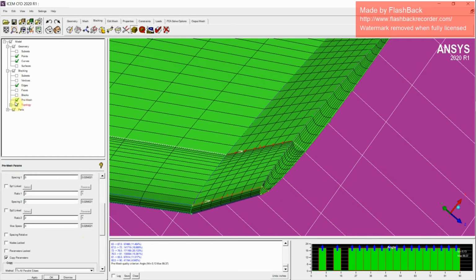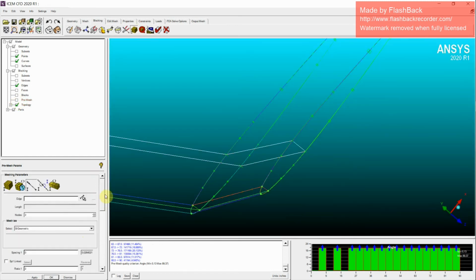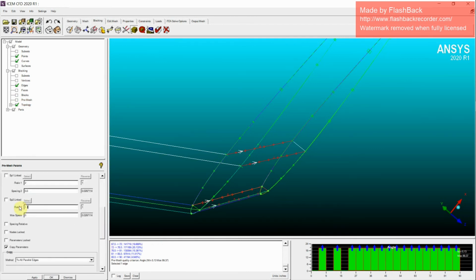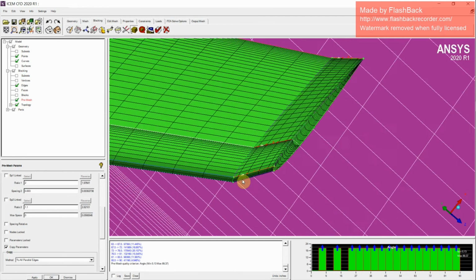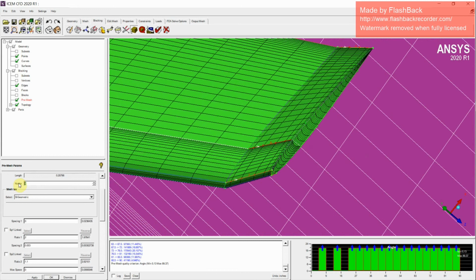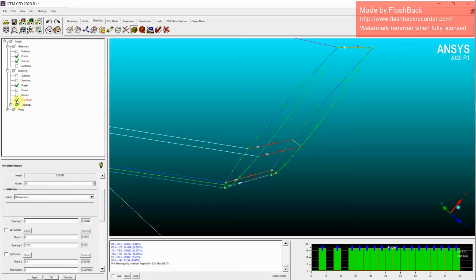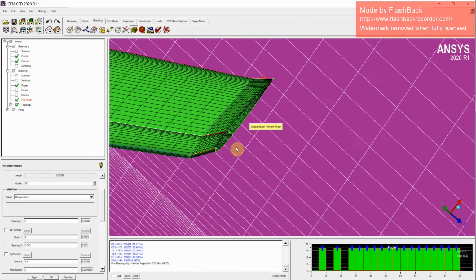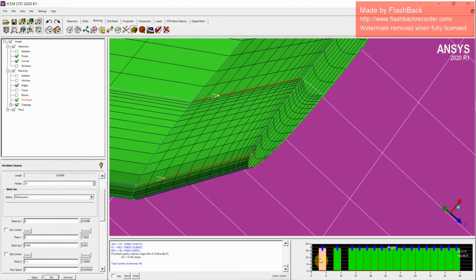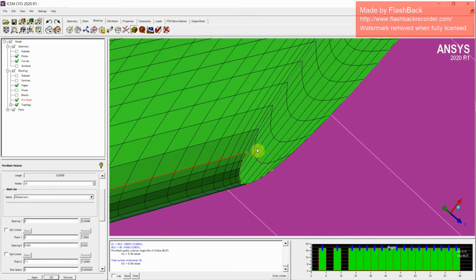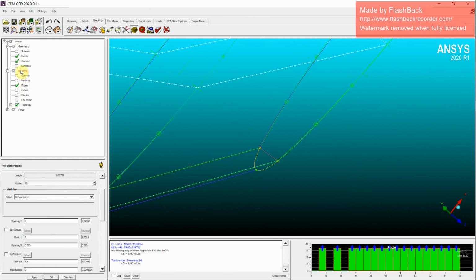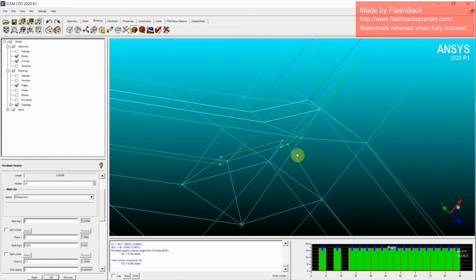Our sizing is gone now, so we'll do it again. Towards the second end, ratio 1.1 and 0.03 will be fine. We'll premesh it again. So now it looks good, and we'll increase the number of elements to 15. Yeah, that will be fine for now. These are the elements which are having a lower angle, these elements. So in order to avoid these kinds of elements, what you can do is switch on all the internal edges at first, and we can actually create an O-grid here.